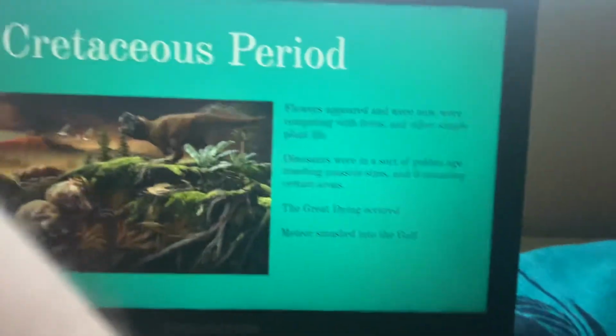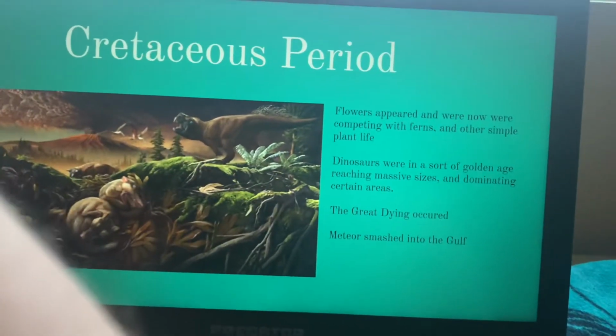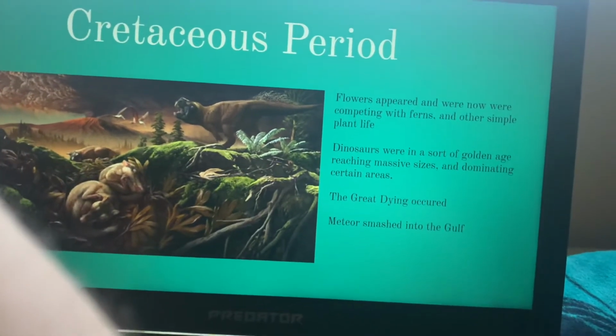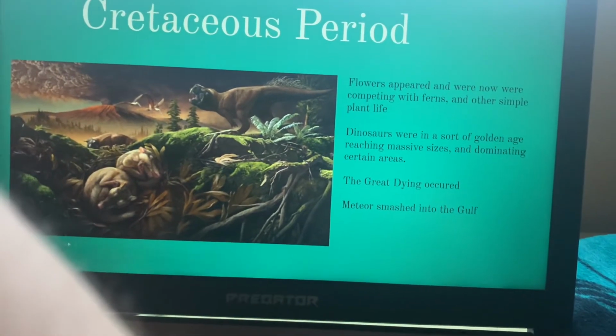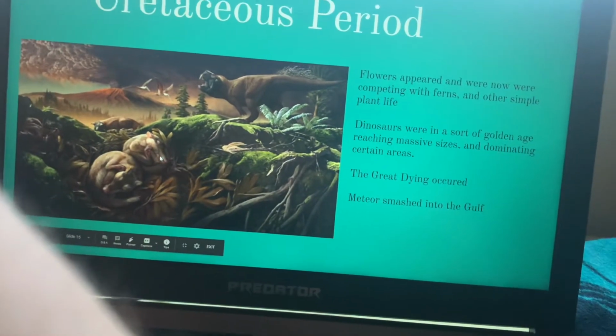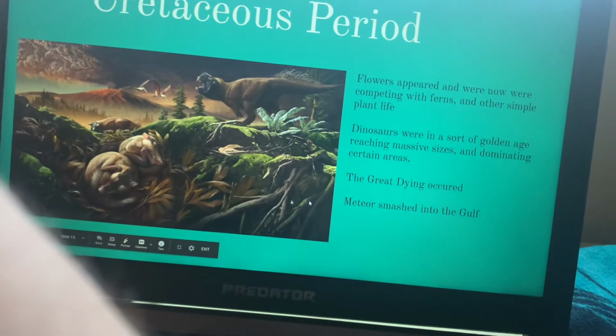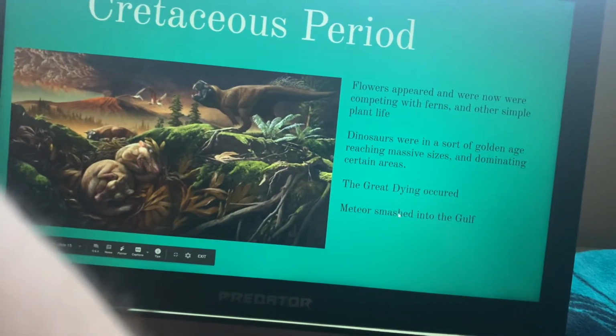And since it was mostly reptiles, it's really cool when we see a bunch of mammals. And by a bunch, I mean it was mainly just rodents and stuff, but that's more than there ever was before. And the reason why these guys were so cool is because at the end of the Cretaceous period